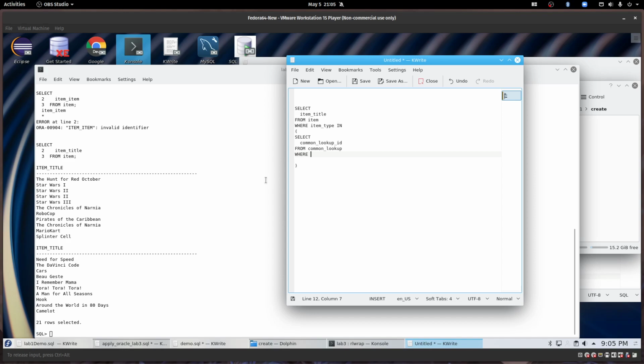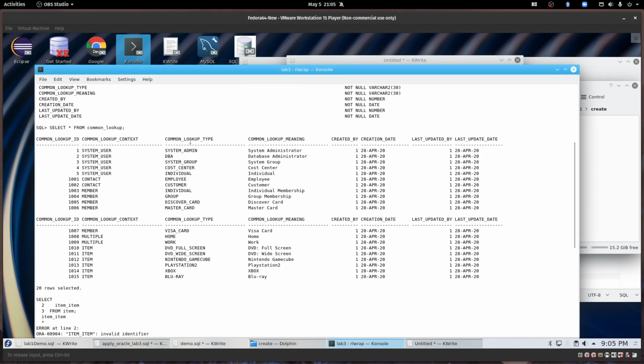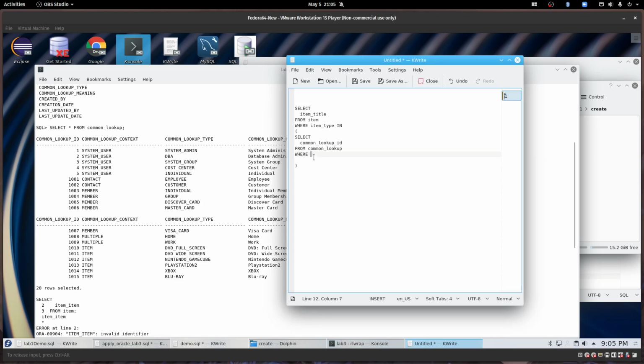So then we say where, and let's take a look at this. We want it where the common lookup type is in this set. So we're going to say where common lookup type is in, and then we can say